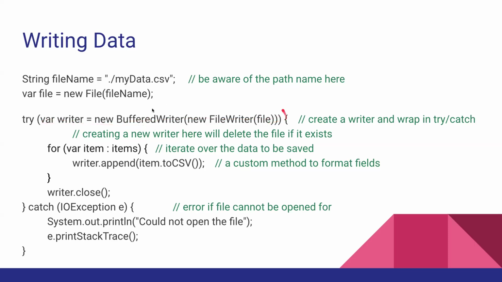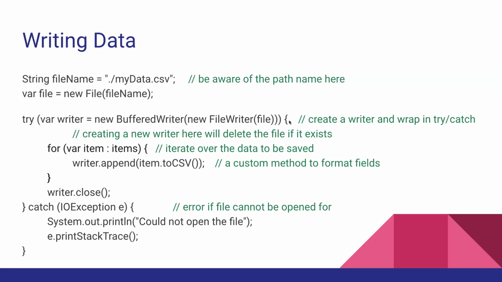This is a definition of a variable, in this case a writer. This is an external resource that's connected to the file system on our computer. So it's got requirements. We have to make sure that it's closed properly and things like that. So by wrapping it in a try block in this manner, we are able to create the writer, and then